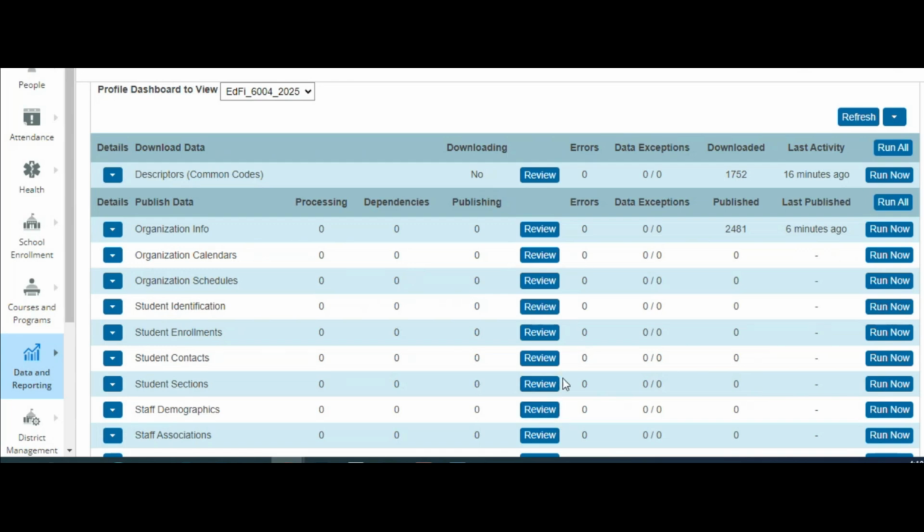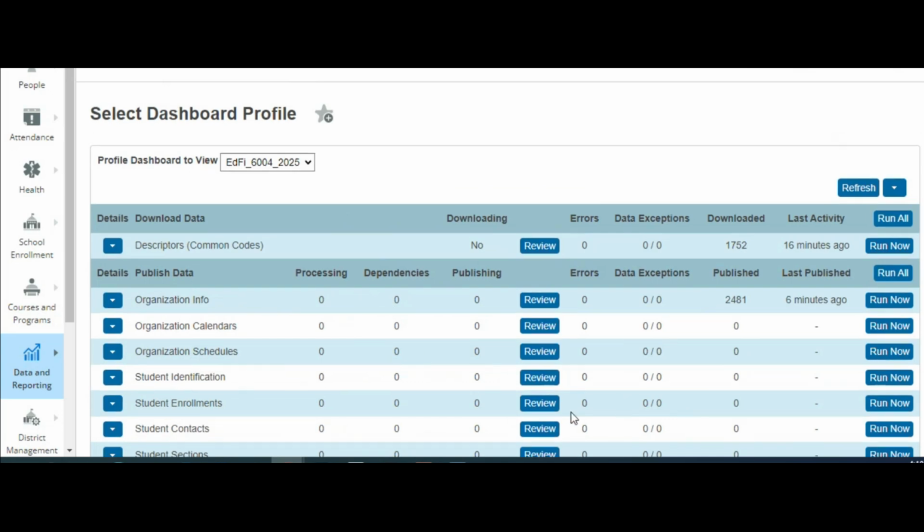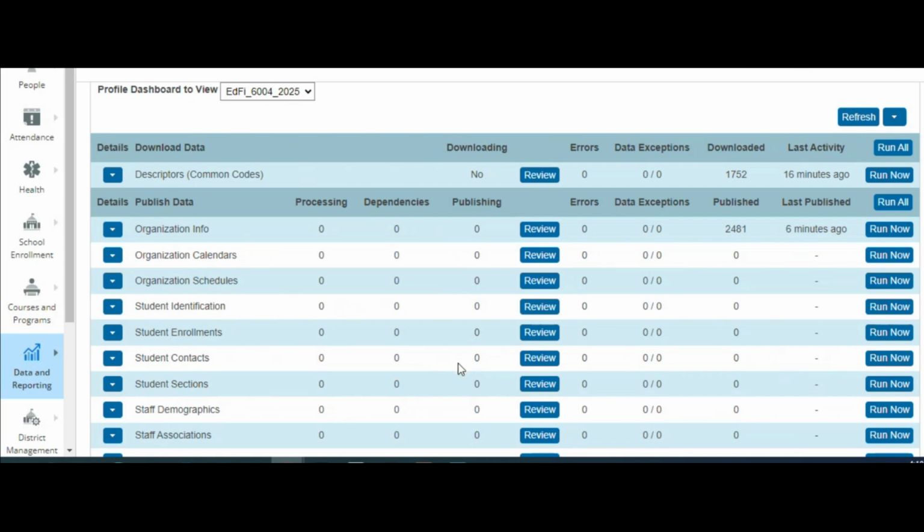In this dashboard, chances are, if you have any red at this point in time, aside from those errors that were kind of bogus that we had to massage out right there at the beginning, chances are it's either some sort of a bug that we're aware of that's being worked on, or it's something that could be resolved using your level data validations. So please make sure you're using level data before you come in here and worry too much about data quality issues. If your level data validations are clear, you really should not be running into data quality errors in this Ed5 dashboard. And you can kind of trust that any errors that you're seeing are something that we probably know about.